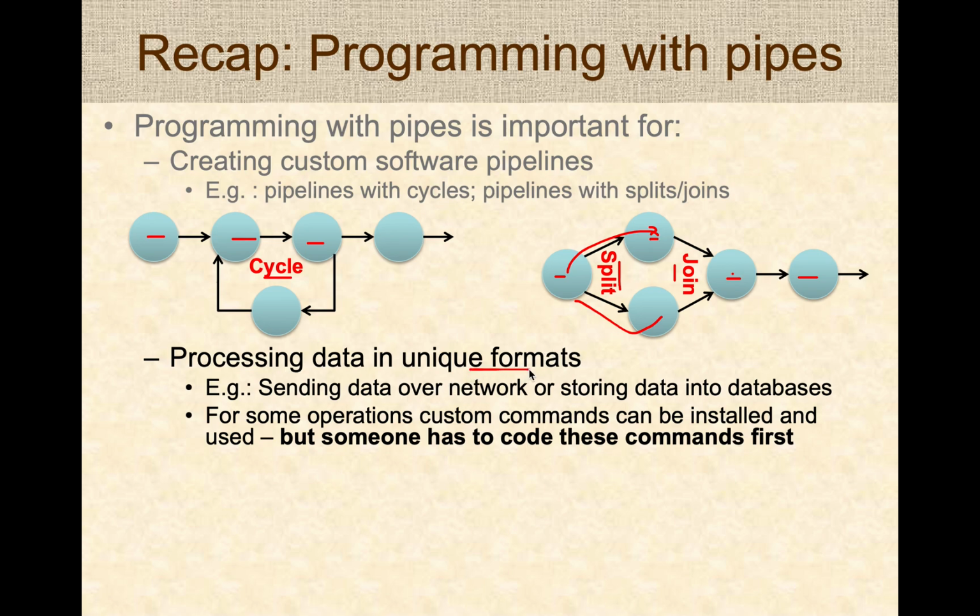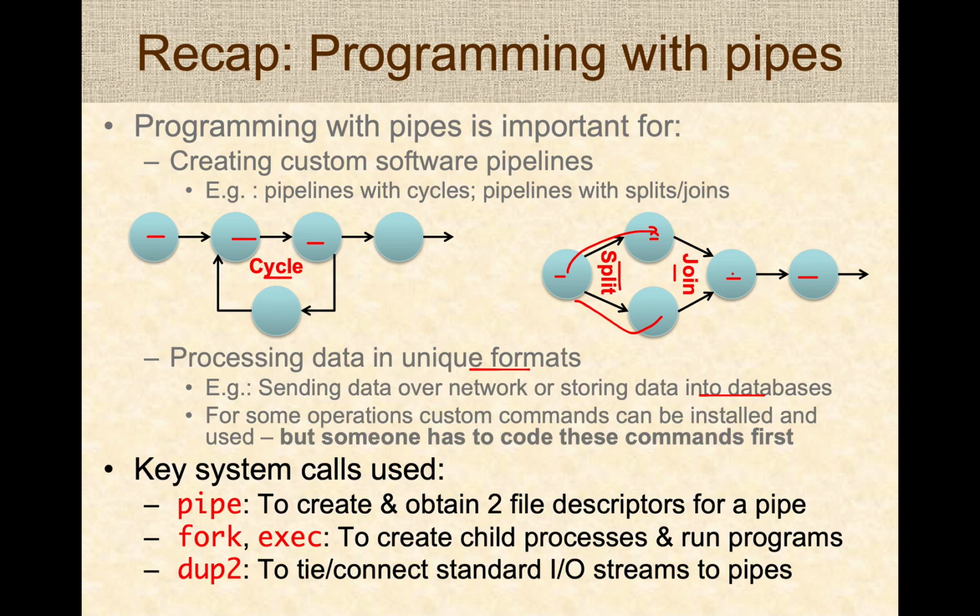In this case, we processed encrypted data, but it could be in different formats. We can also send data over the network or store data in this way into databases. So we can do all kinds of operations with different commands that people have built. In this demo, we specifically used the pipe system call to create an anonymous pipe. Then we used fork to create a child process and exec to replace our program with OpenSSL. And we used the dup2 system call to tie or connect standard input streams to pipes so that we can hijack input output streams and get data over pipes from one process to another for doing custom